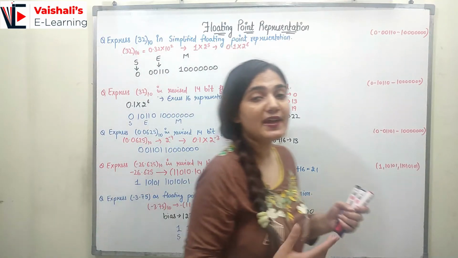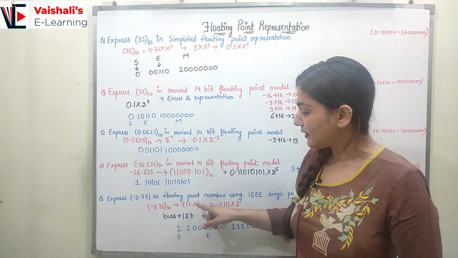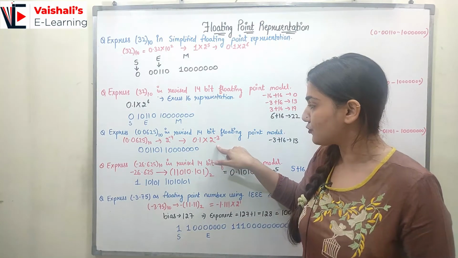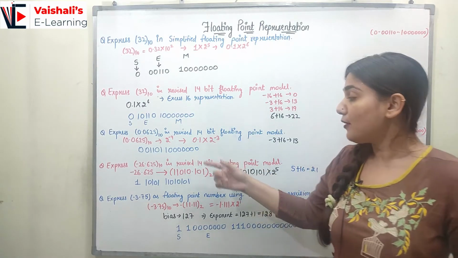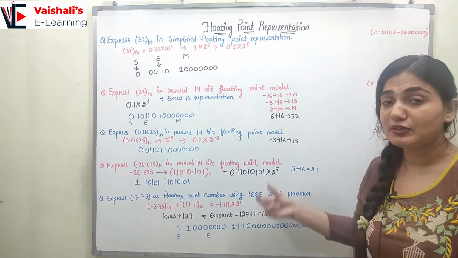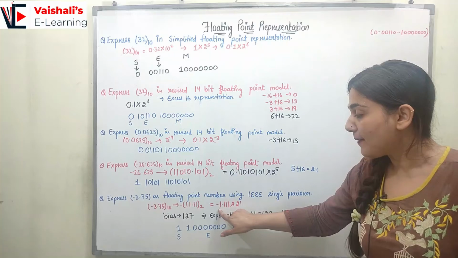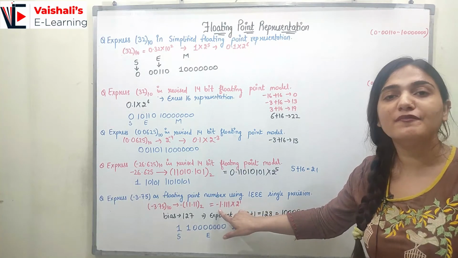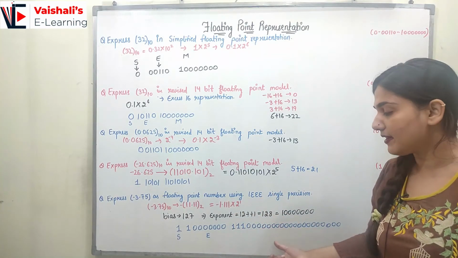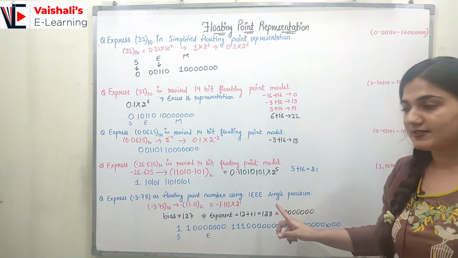So till now in the revised floating point representation, what we were doing? We were representing the given number as 0.1 something something and 2 raised to power something something, right? So now here what we are doing, we are converting it into 1 point something something. So now here 1 bit I am saving, because I have already understood that the first bit would be 1 only, and now these other bits I am representing in the Mantissa. So 1 bit I am saving with the IEEE floating point representation.